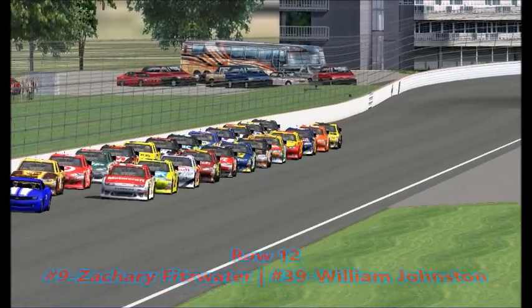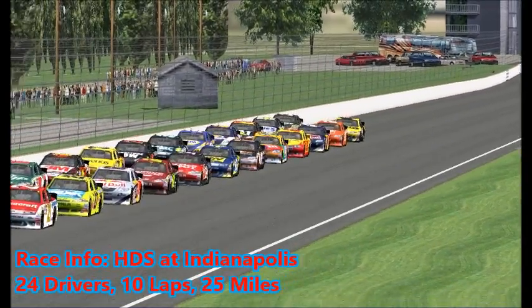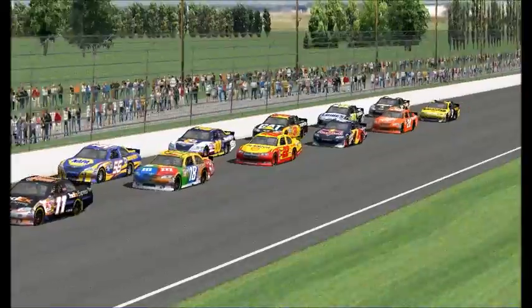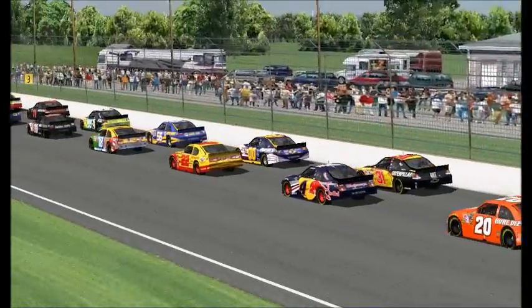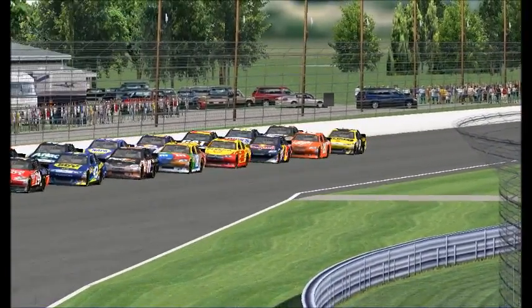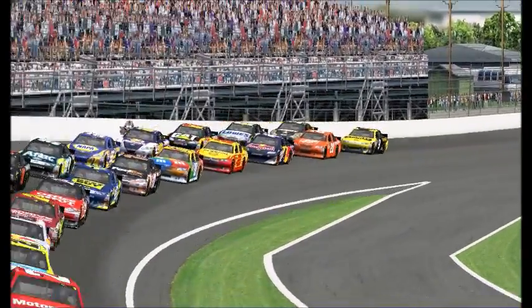Sorry, that's not row number 9. That is row number 8. I can't even count. Row number 8 sees Nick Smith and points leader Chris Skidlark. Row number 9, this is the official row number 9, is Tyler Markell and our last winner here in the Her's Dash Series at Watkins Glen, Grayson Acevedo. And rounding up the top 20 starting positions, it's the number 4 of Richard Kinghart and the number 31 of...